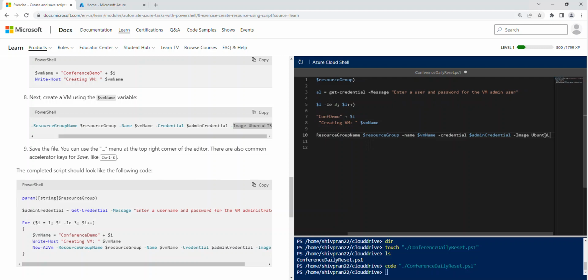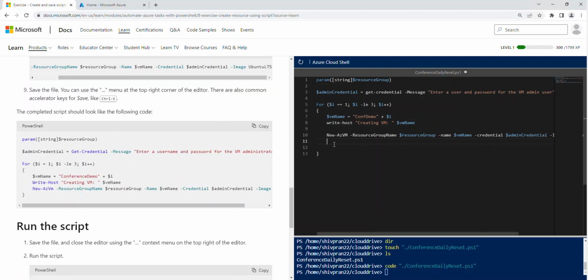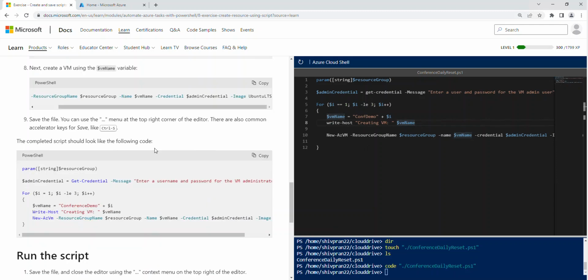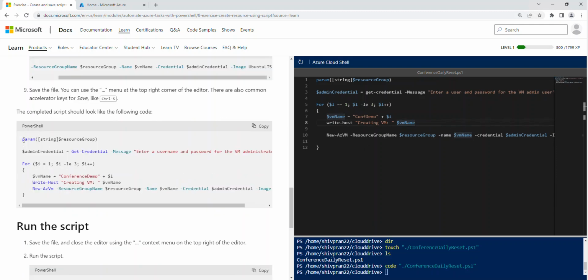Ubuntu LTS. Again, make sure that you have typed the commands correctly and there are no errors. After completing step number 8, you can save your file using Control S. Then you should see your script like this: parameter on the first line, then dollar admin credential